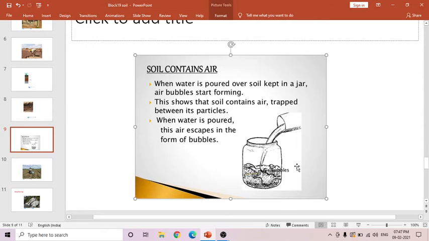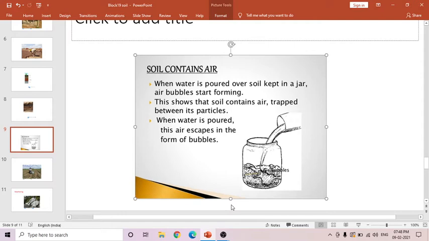After 1 hour, you just go near the bottle and hold it in your hands and observe that you can find some water droplets on the edges of the glass. From where did this water come? We did not pour water into that soil,